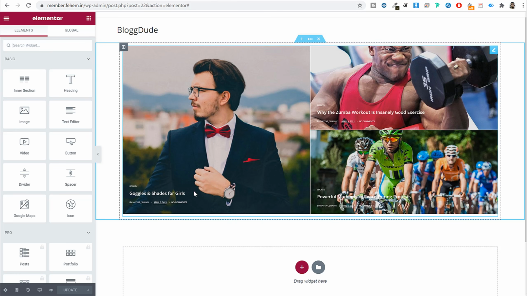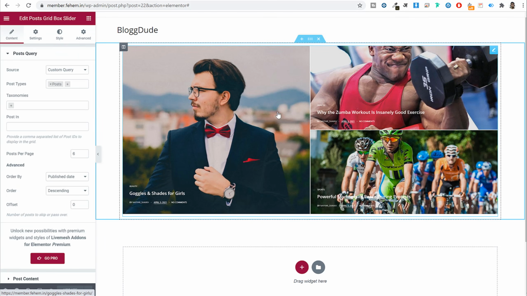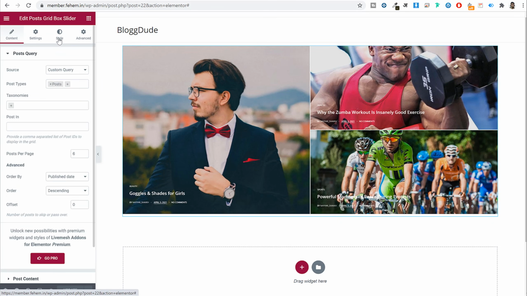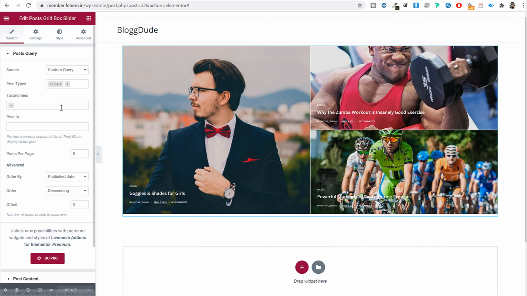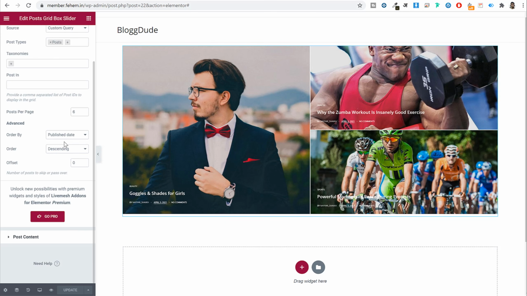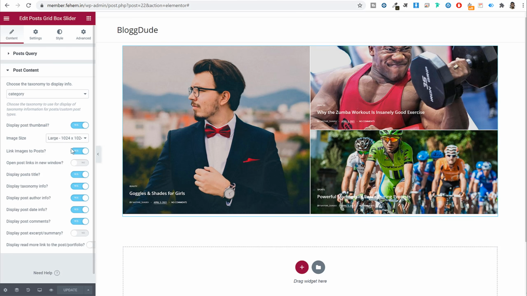Now let me increase the size of all this text, because this is looking very small, very difficult to read. To do some changes, first click on this option and go to style. First of all, under content, right now it is displaying the latest blog post. If you want to change this, you can do it from here. If you go to post content, whatever you want to display, whatever you want to hide, you can select.